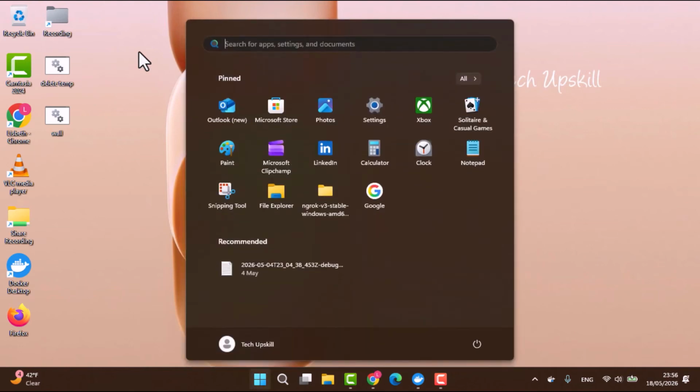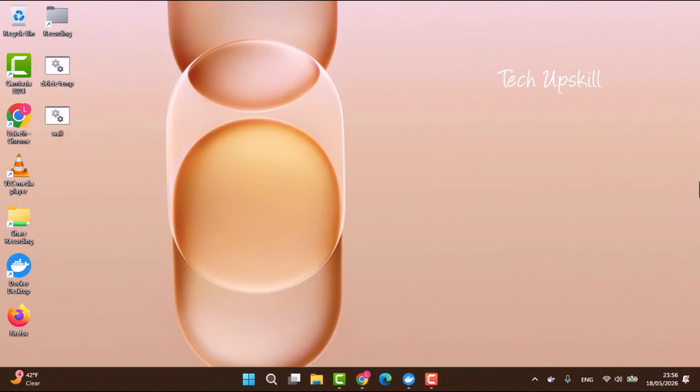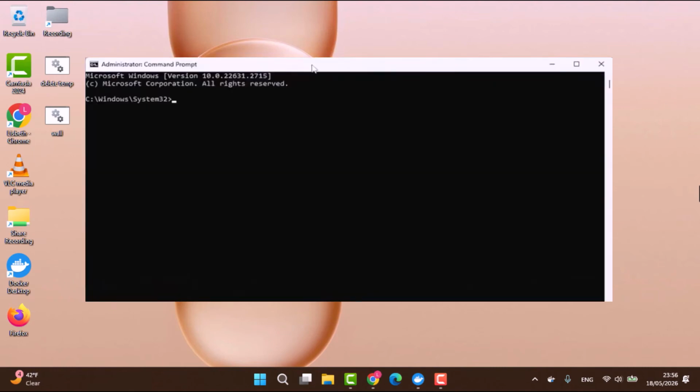In the search results, you will see command prompt listed. Make sure to click on Run as Administrator in the right-hand pane. This is important because the SFC scan requires elevated privileges to function correctly. Once the command prompt window opens with administrator privileges, you will need to type a specific command. Carefully type the following: